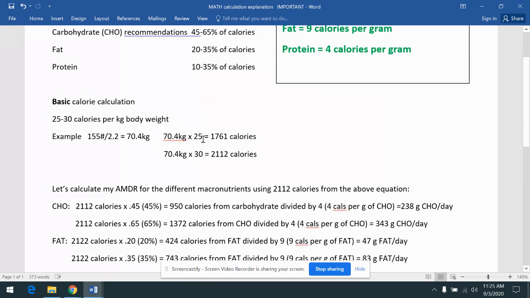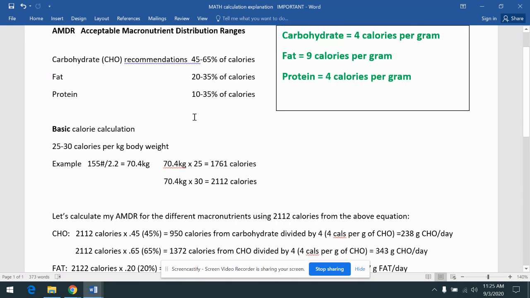or calories. So in order to use any of this information, we need to start with a basic calorie calculation. If you completed the My Plate exercise where you put in your height and weight and sex and activity level and it gave you a number of calories that you needed per day, you can utilize that. Or you can utilize this very, very basic calorie calculation where you take 25 to 30 calories per kilogram of